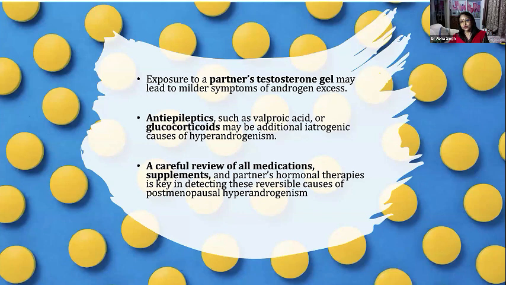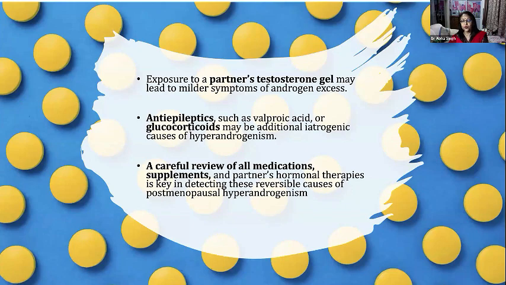Sometimes exposure to the partner's testosterone gel may lead to milder symptoms of androgen excess. So that means we have to take the history of the partner as well. Anti-epileptics like valproic acid or glucocorticoids, again, can lead to this hyperandrogenism. So a careful review of all medications and the partner's hormonal therapies is key in detecting the reversible causes